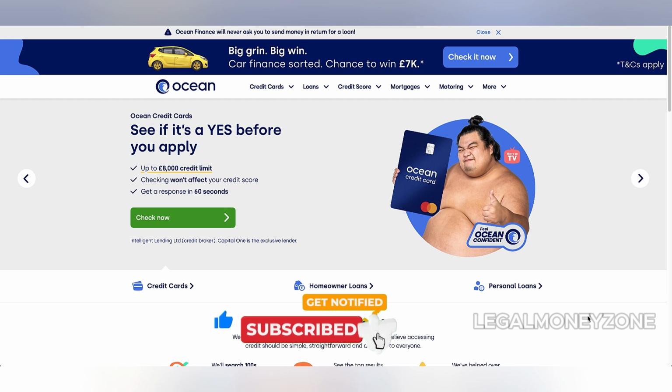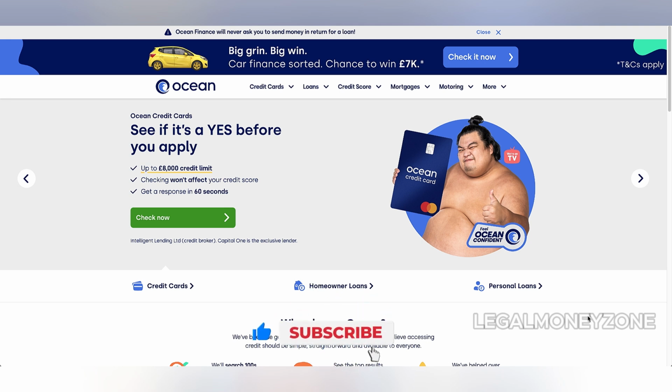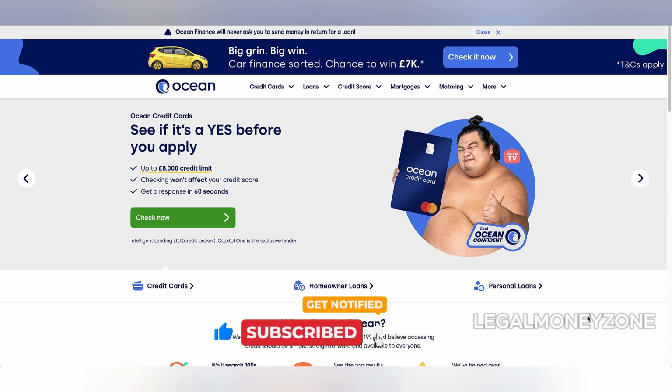The Ocean Finance Credit Card, marketed as a tool for individuals with less than perfect credit, has garnered mixed reviews from users. Known for its higher-than-average interest rates and its focus on rebuilding credit, this card serves a specific niche within the credit card market. While its primary selling point is accessibility for those who struggle to obtain traditional credit cards, it is not without